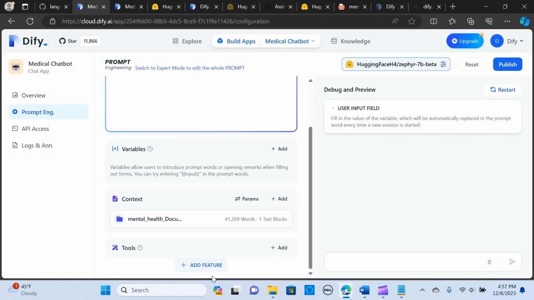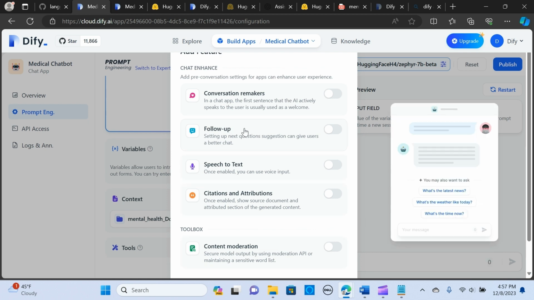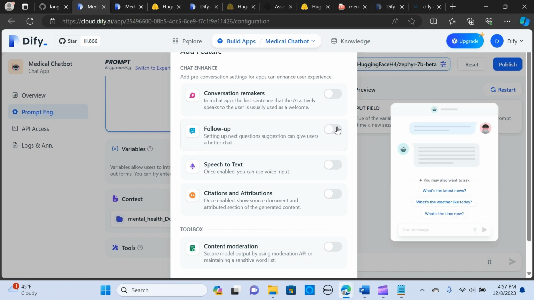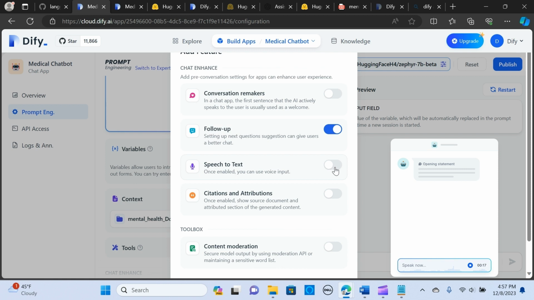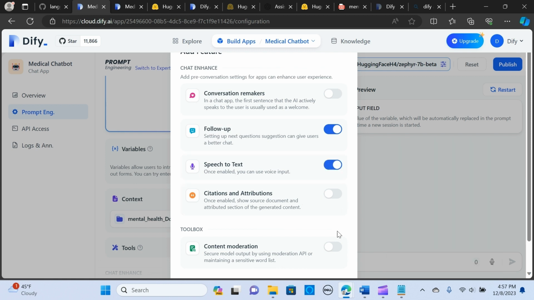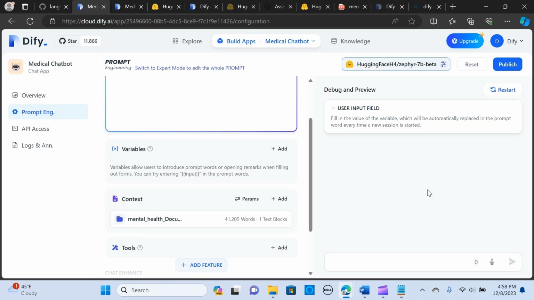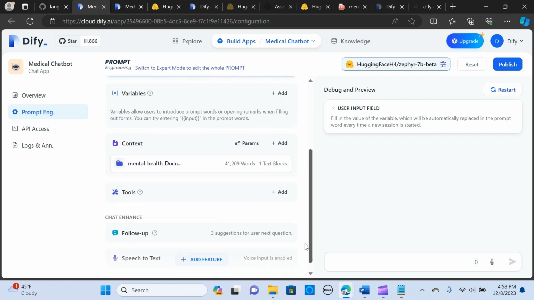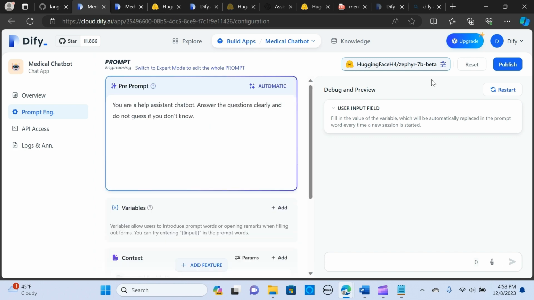Here you can add features to it, like conversational remarks and follow-up. I'm going to set up next question suggestion and maybe do a voice. Now let me click inside.